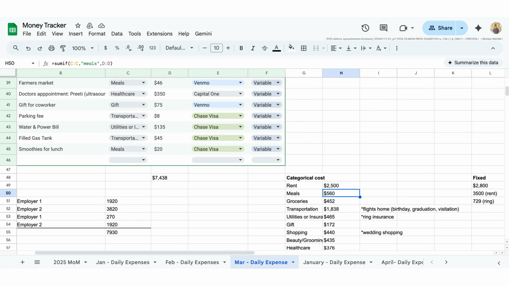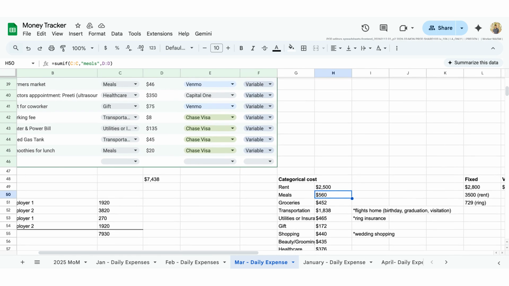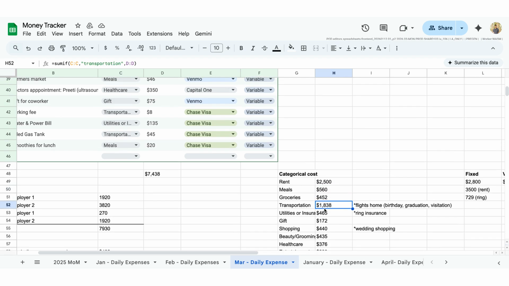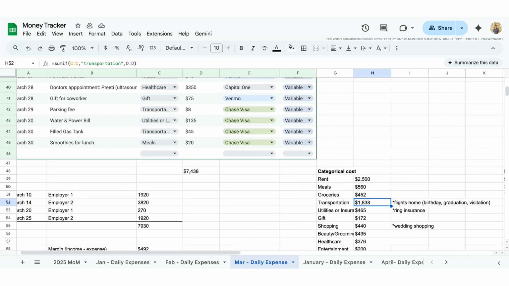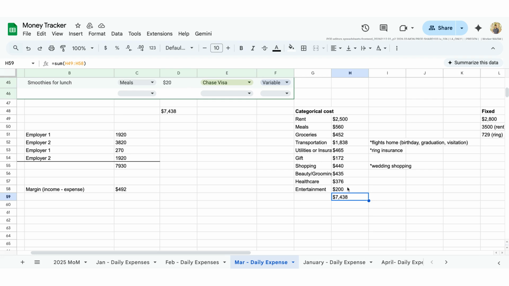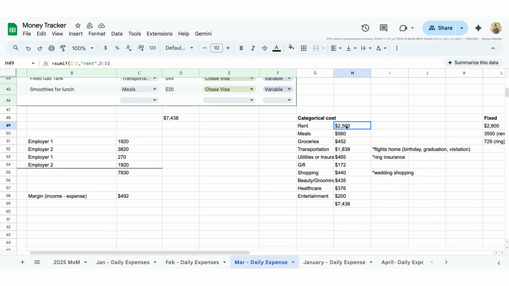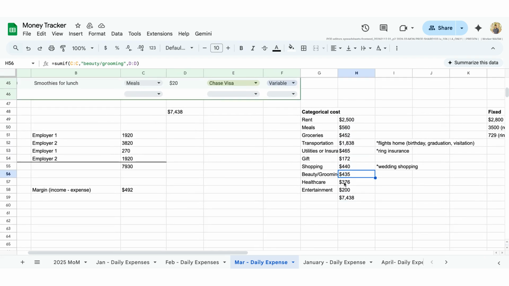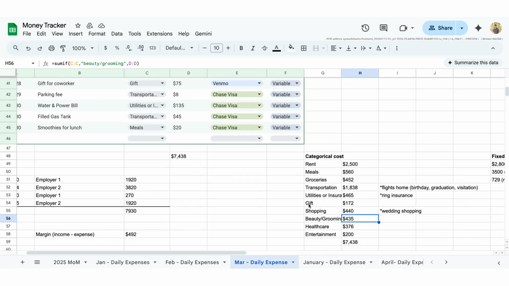And that's a really helpful way of being aware of how much we spent for that month and for each of these categories. I do that for each, and that's just a way of quickly seeing how much we spent per category, and a good way to spot check whether this is the total right here of how much we spent for the entire month, and then this is the total